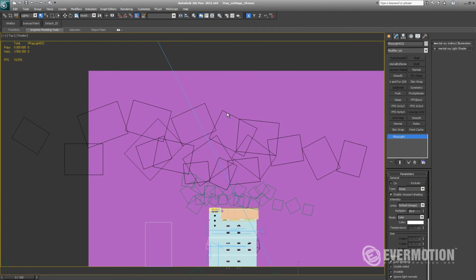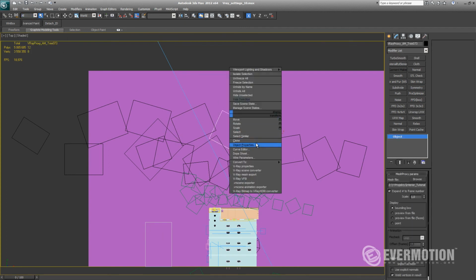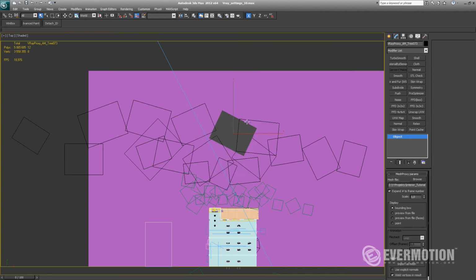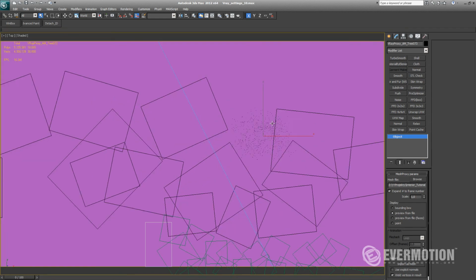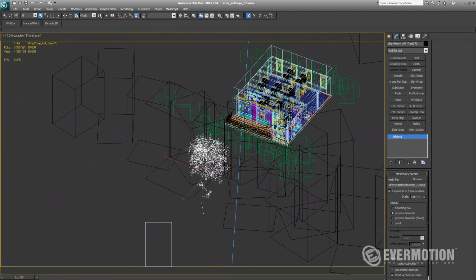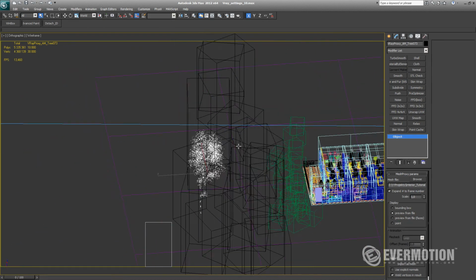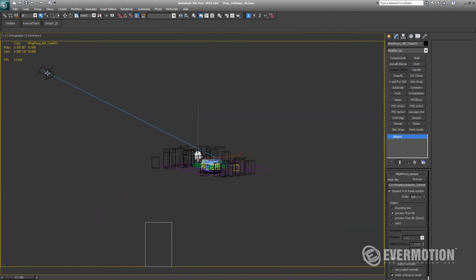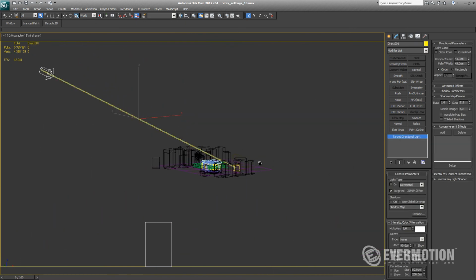In the object parameters, I have two options turned off: visible in camera and visible in reflection refraction. These options are turned off because I don't want them to be visible in my renderings, because it would really slow down the rendering. Okay, our sun is turned off, so let's turn it on. Also enable V-Ray shadows. I will increase the multiplier to 12 and change its color to bright